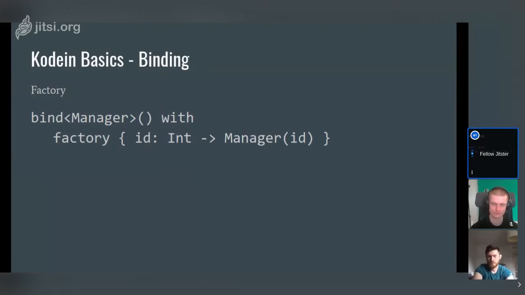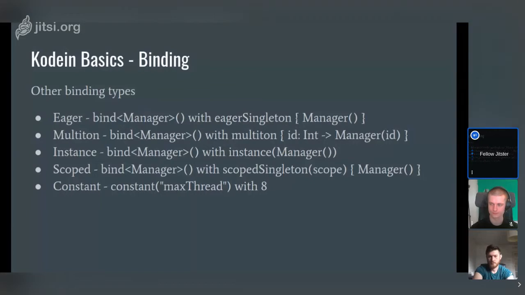And looking at some of the other ones, as I mentioned, it has eager. So if you would like the graph to instantiate an object when the graph is defined, that is an option. Multiton is an example of singleton instances that are bound to a specific type. So if you can think of a factory where you give it, in this example, an integer, every time you give it the integer 1, you will always get back the same instance from that Kodein graph. Instance binding